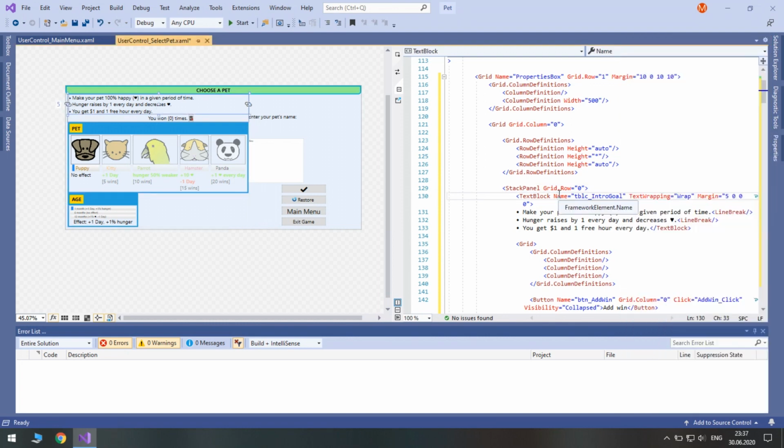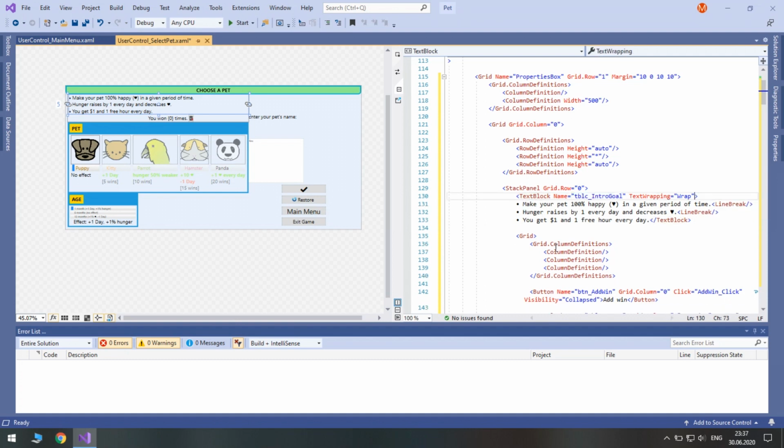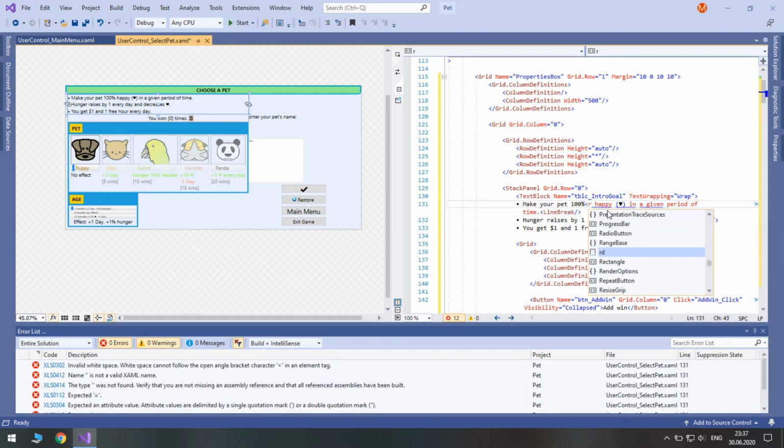Okay, now I'm going to change this text block a lot. So text wrapping wrap, okay. I don't need this margin. Now here, make your pet 100% happy. Let's add a run here.